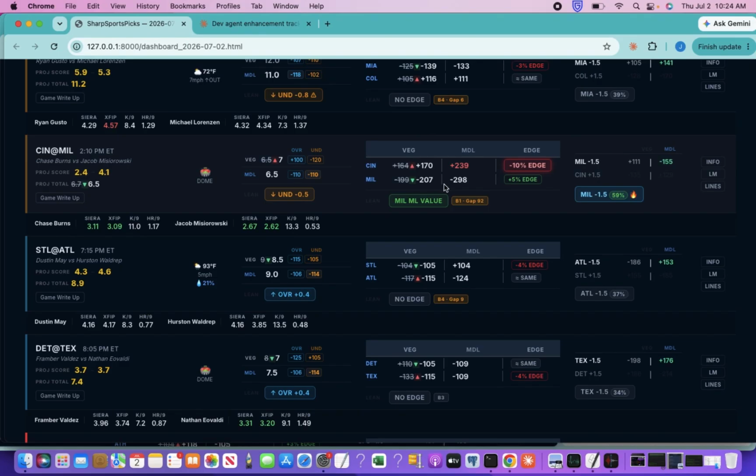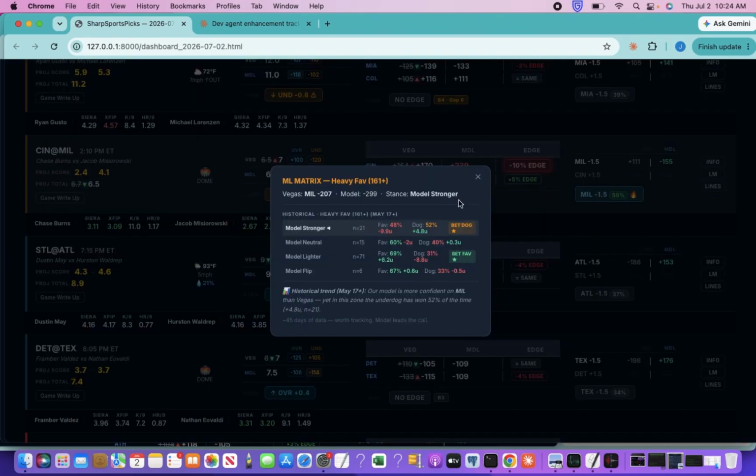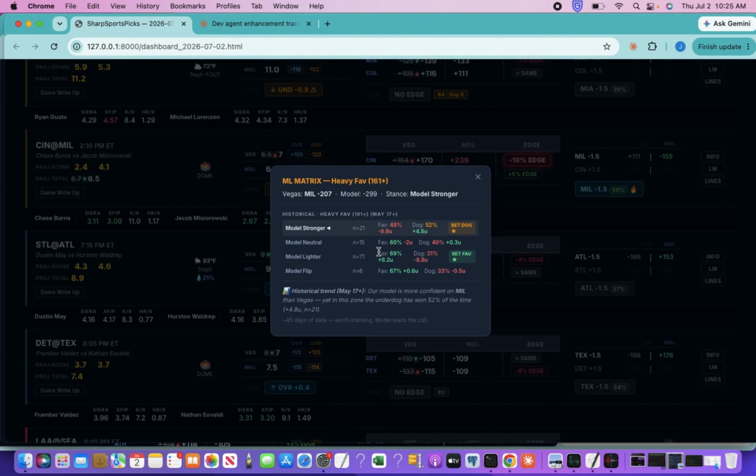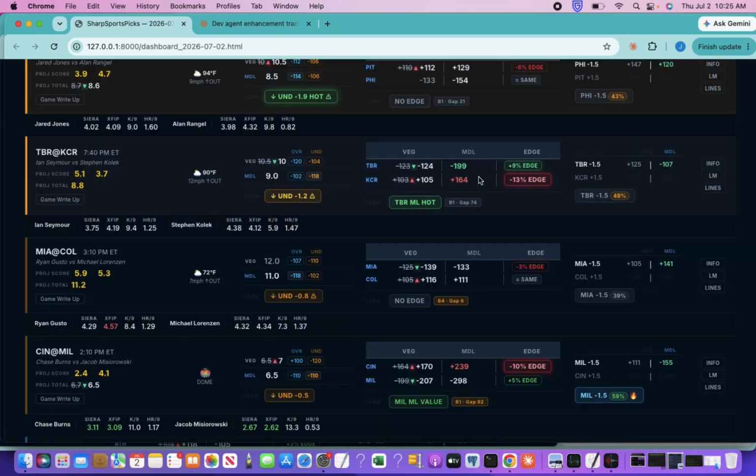But those bets straight up actually are down quite a bit of units on the year because that means you'd have to bet $298 or $207 to win only 100. So if that loses, you lost double your money basically of what you would gain. So it almost says you should bet the dog in this situation. But again, this data is not the go against the model. It's still picking up data, if that makes sense. We're trying to have this as a secondary market outlook versus what the model actually does.